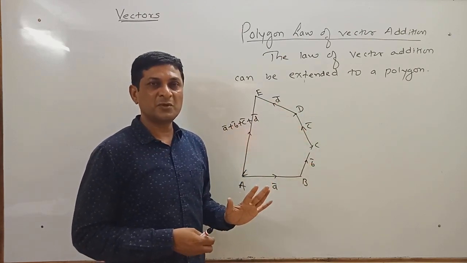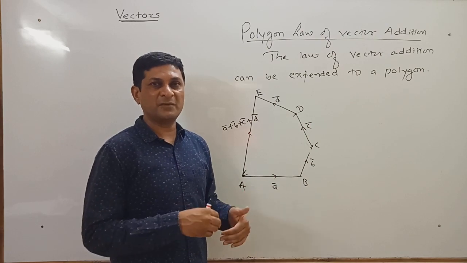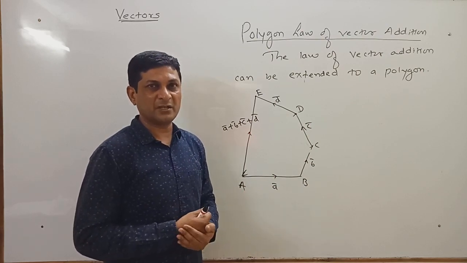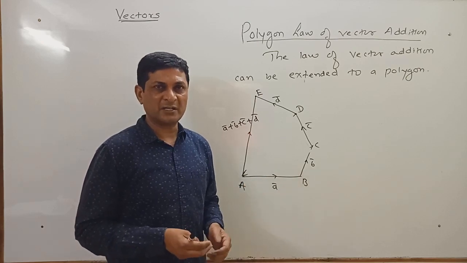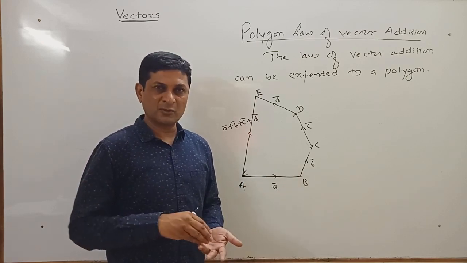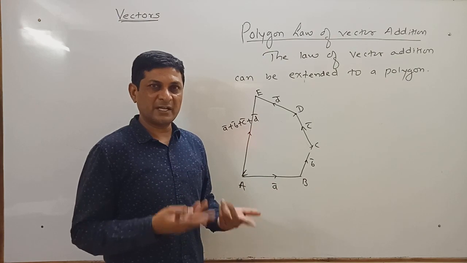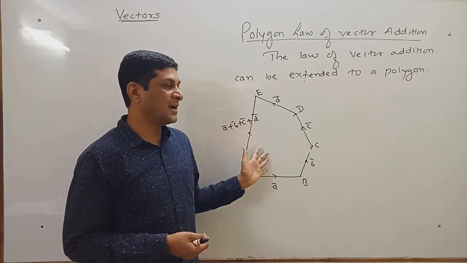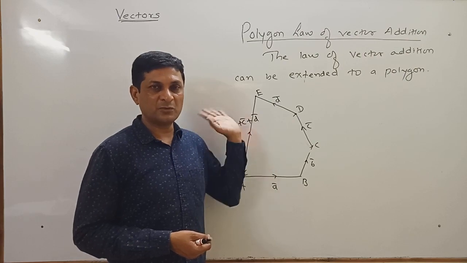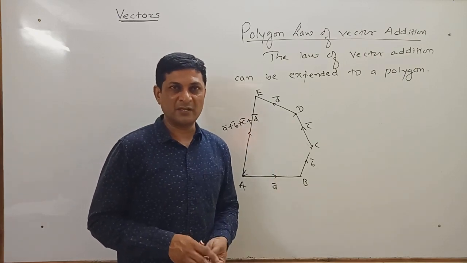All these results we have got with the help of triangle law of vector addition. But now remember this result as the polygon law of vector addition. Polygon means what? Triangle is also a polygon; quadrilateral, pentagon, hexagon, all are nothing but polygons. So hope the idea of how to find the addition using polygon law of vector addition is clear to you.